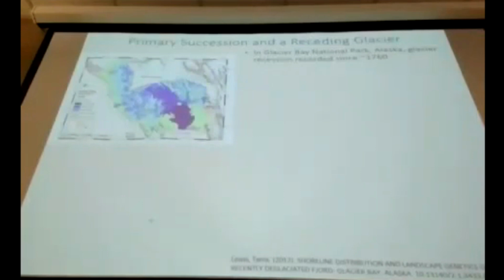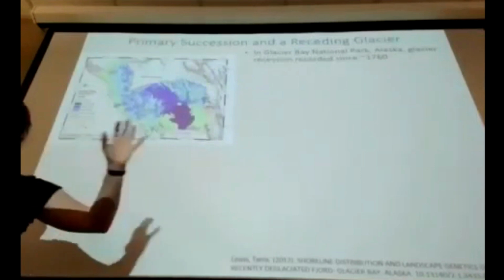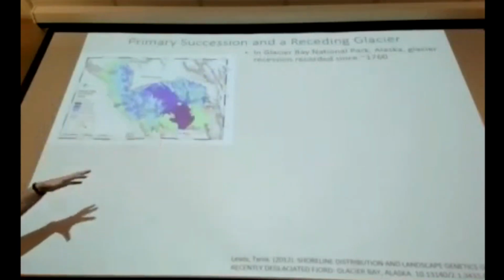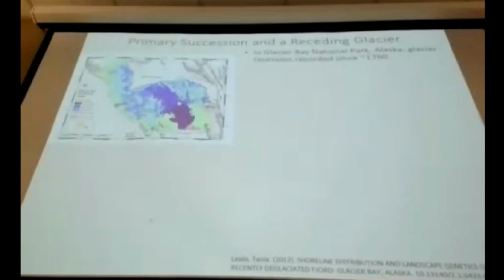Cool. So let's look at how communities change over time adjacent to a receding glacier. Okay, so this example is from Glacier Bay National Park in Alaska. Scientists have been recording the recession since the 1700s, so a lot of data. Also, they have been recording community composition for about that long. So what we can see here is